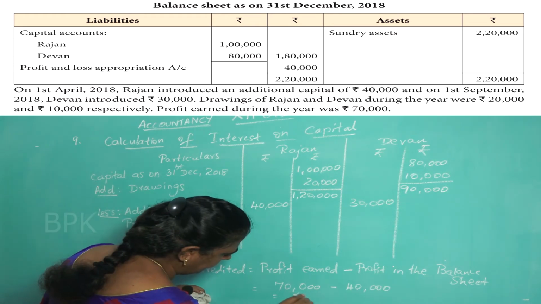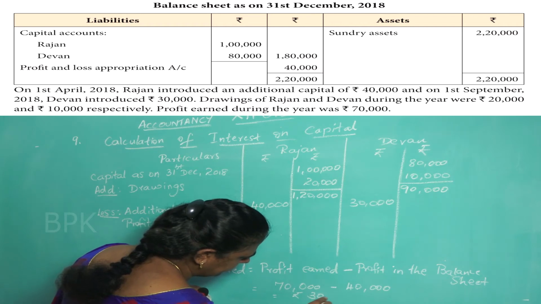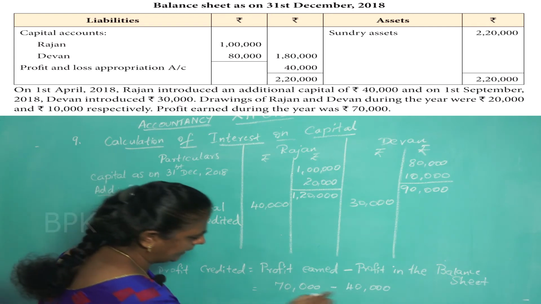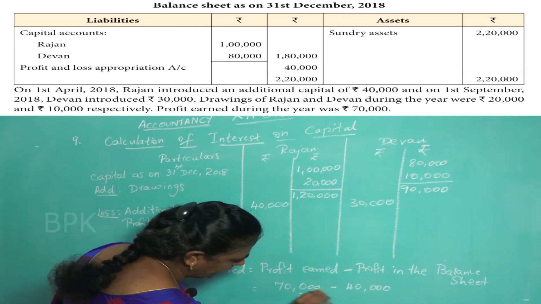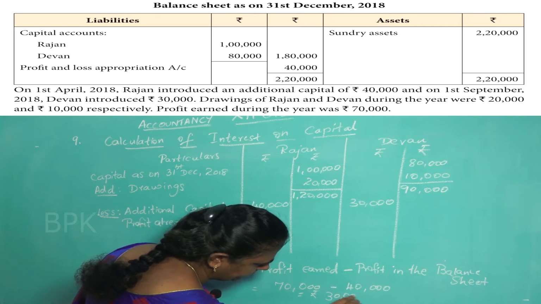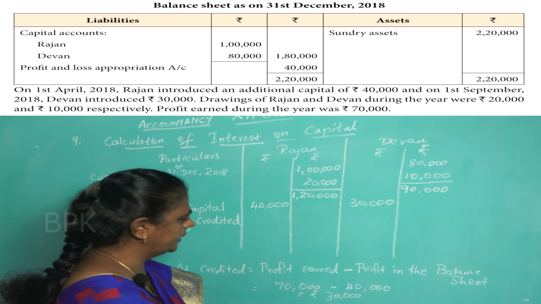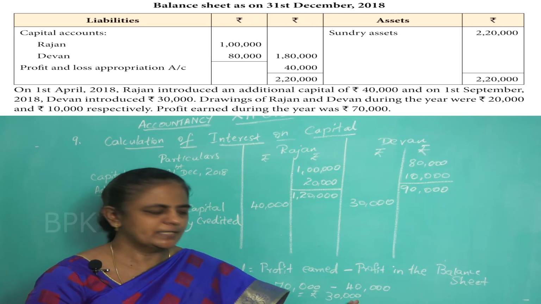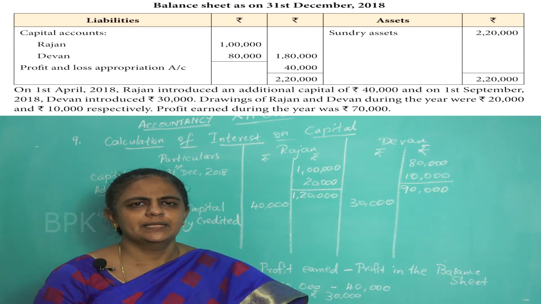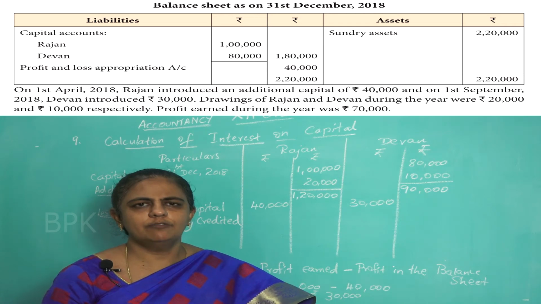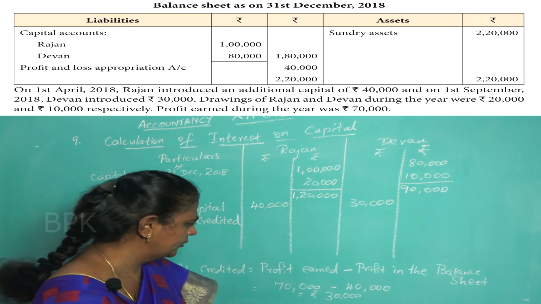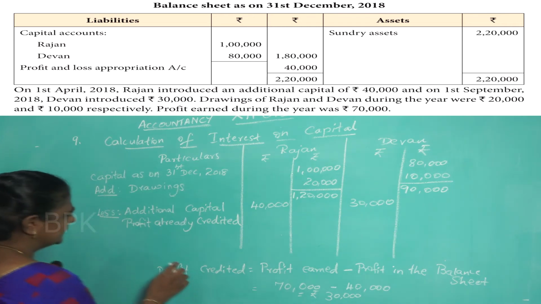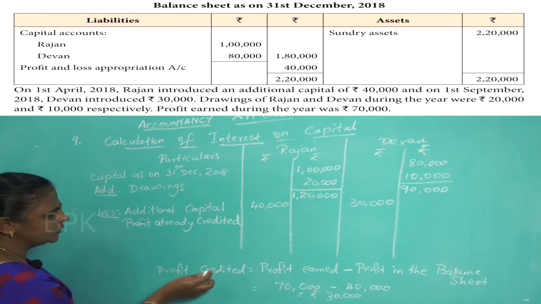Okay. That will give you 30,000. Now what you have to do? So 70,000 minus 40,000 will give you rupees 30,000. Okay. Now what we have to do with this profit? This profit should be given to both the partners in the ratio. What is the ratio given there in the question? See the question. They are dividing the profits and losses in the ratio of 2:1. So total profit is 30,000. This 30,000 should be divided in the ratio of 2:1.